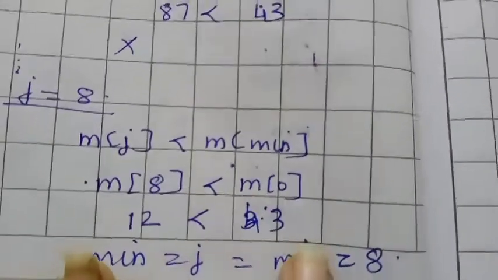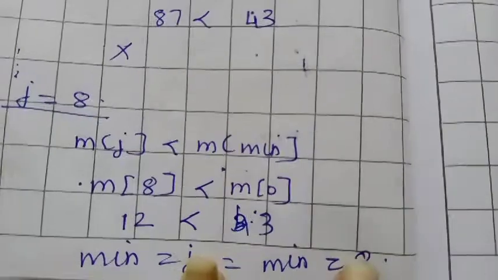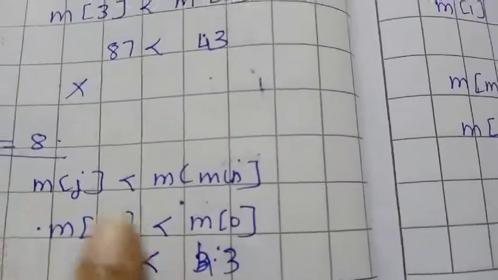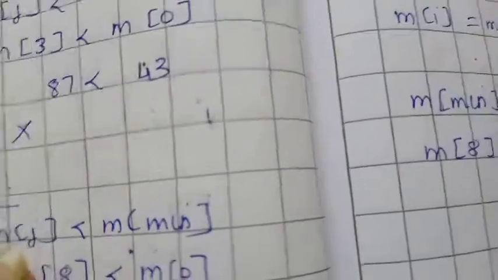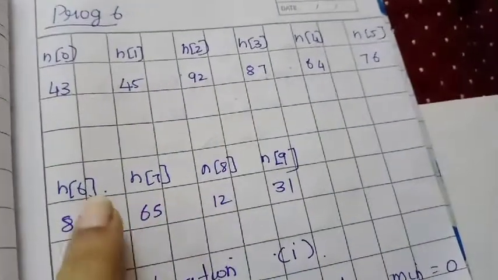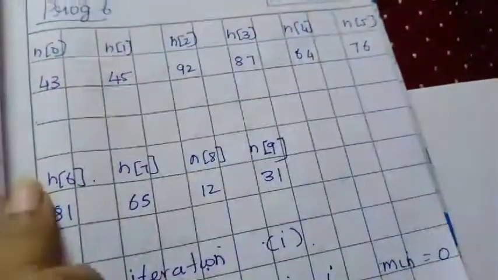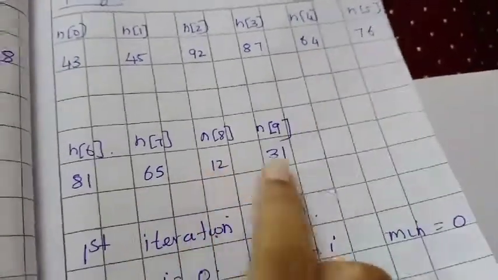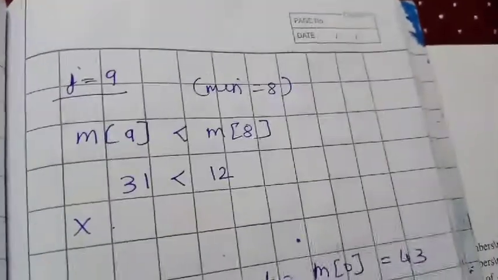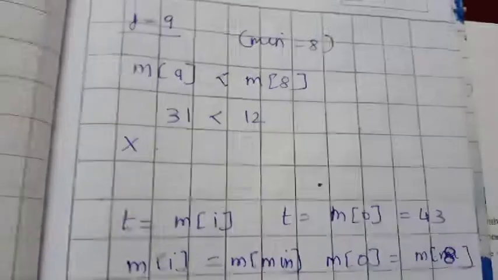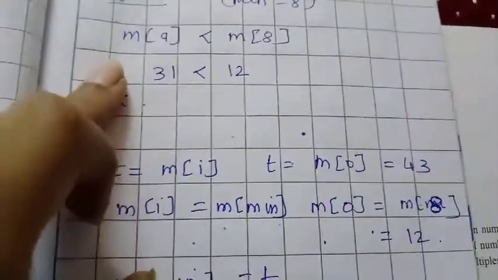So we have changed the minimum equal to 8, because the number in this 8th position is 12, that is the smallest of all the before elements. See here, before we have checked all these numbers, these were bigger than this, and this is the only smallest number among these. Okay, so this will be the minimum now, and this number is again checked with the 9. So m of 9 is less than 2? No. So what we are going to do is, it will be coming out of the J loop.